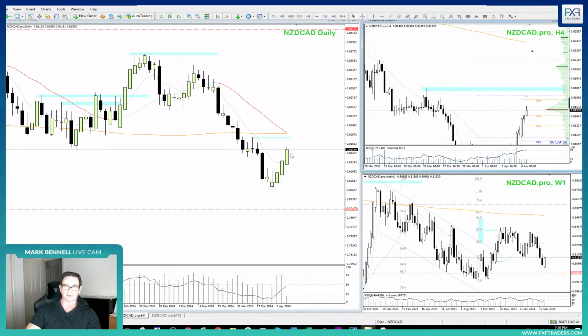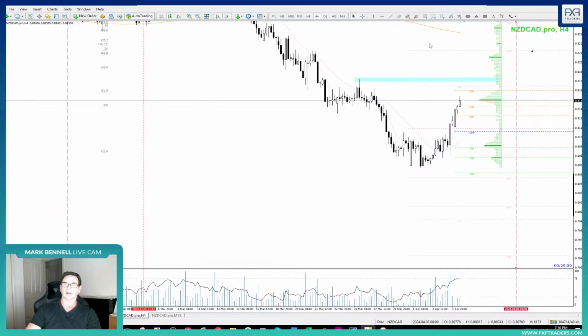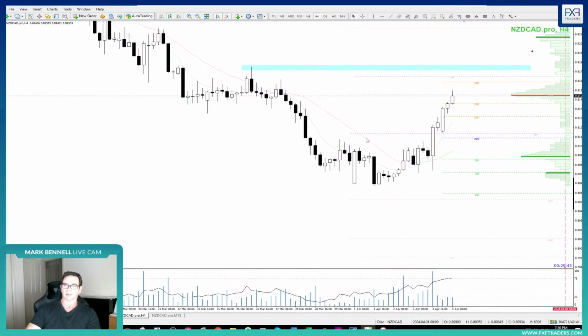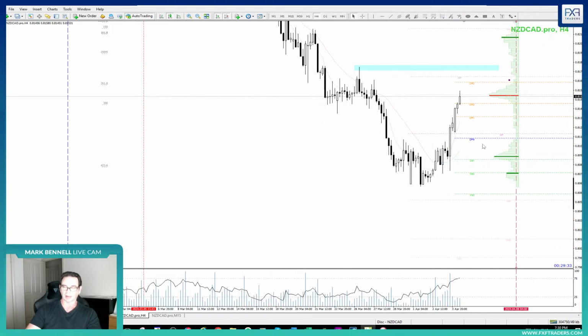So ideally, the entry was a bit earlier than that. But I wasn't here, obviously. I was asleep. So this one would have provided a great opportunity, right, in this region here. We've got the outside bar, so some small pullback in there. So it's gotten a little extended now, however,